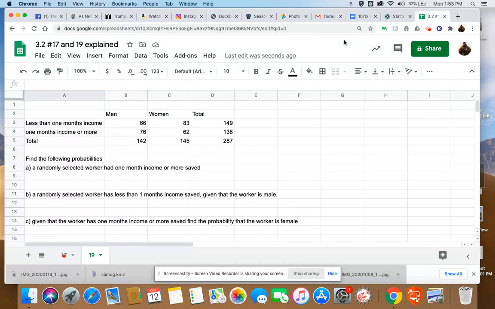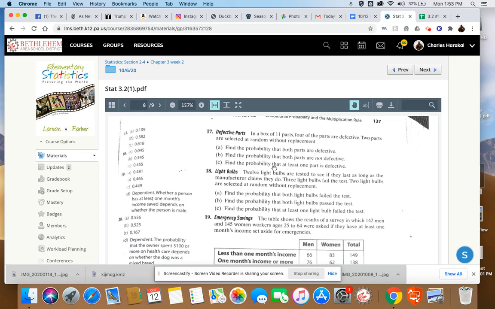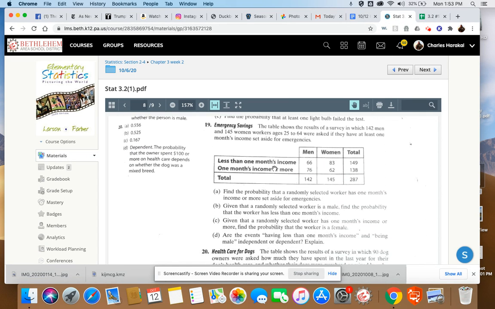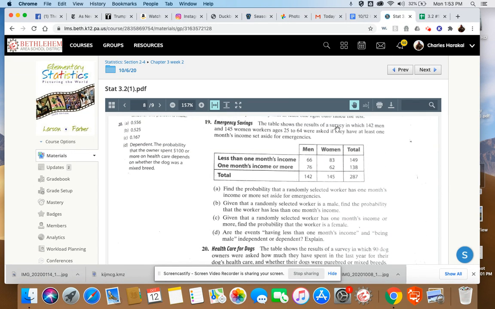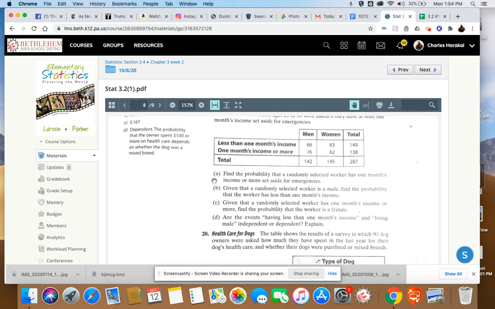Number 19 is a conditional probability question. It's one of these two-way tables. It talks about emergency saving. The table shows the results of a survey of 142 men and 145 women workers, 25 to 64, asked how much income they had set aside for emergencies. They broke it up into people who had less than 1 month's income and people who had more than 1 month's income. Letter A says, find the probability that a randomly selected worker has 1 month's income or more set